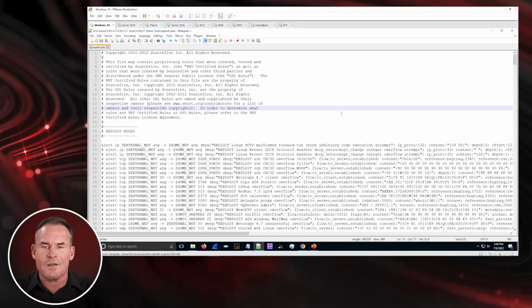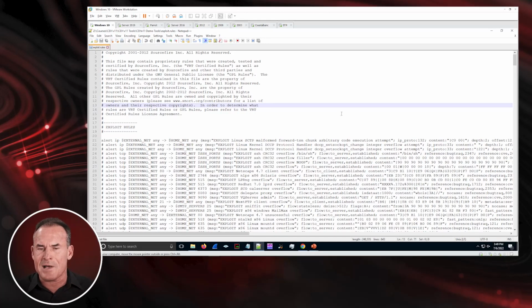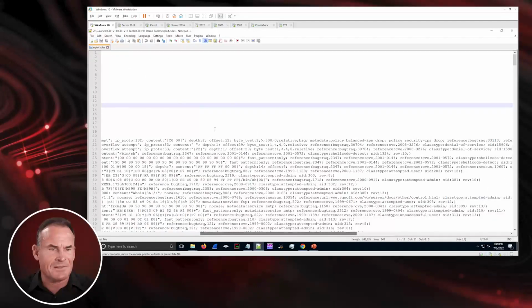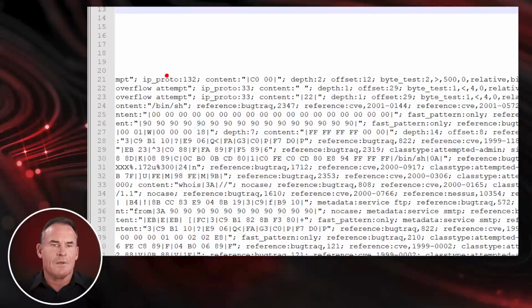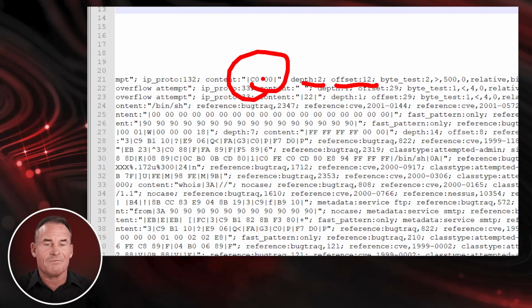All right, so at the core of a lot of this is just pattern matching. When I look for content, I'm looking for what is encapsulated between the double quotes. So C000, that's just hexadecimal data. I'm looking for it at an offset of 12 and a depth of 2. So bytes 12 and 13 in the packet, if they match this pattern, ding, ding, ding, that's an